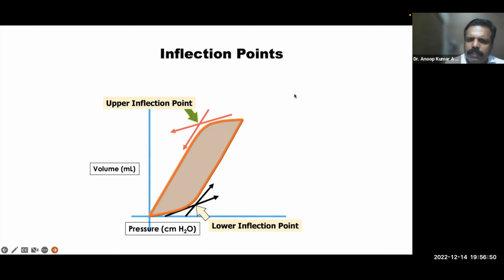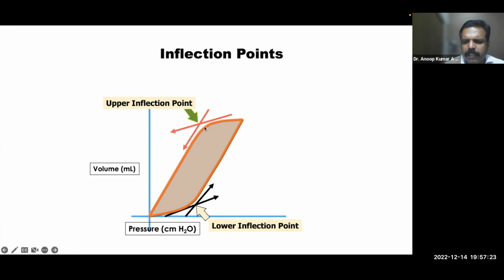And we have inflection points: an upper inflection point and a lower inflection point. The lower inflection point is the point where you can see the curvature started increasing in the inspiratory limb. So this is the lower inflection point. In the same way, in the expiratory limb, where the curvature started increasing the angulation, that is the upper inflection point. Based on these things, initially there were